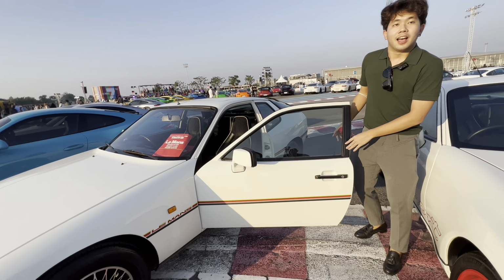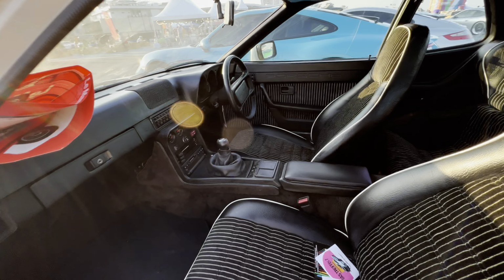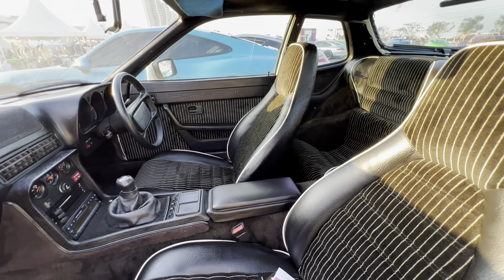The owner said I could open the car and take a look. Thank you so much. The owner just told me this, in fact, is a 1980, and he's owned it for quite a while. It's a UK special car. This interior is magnificent. And right next to this 924, we have one of the last iterations of that body style,